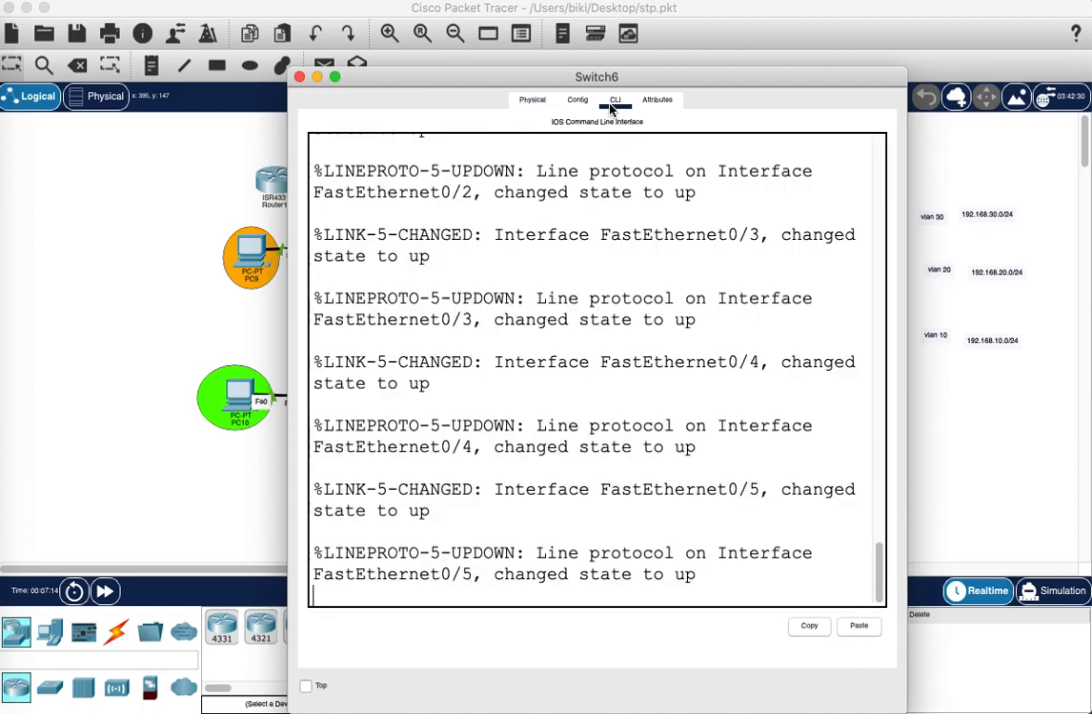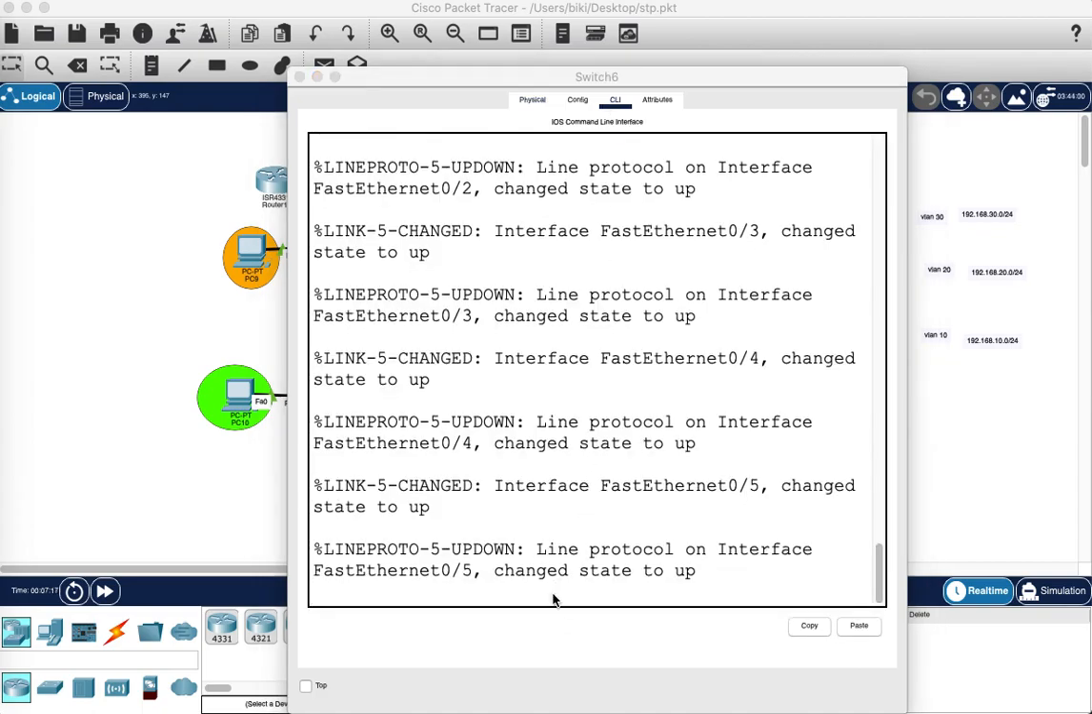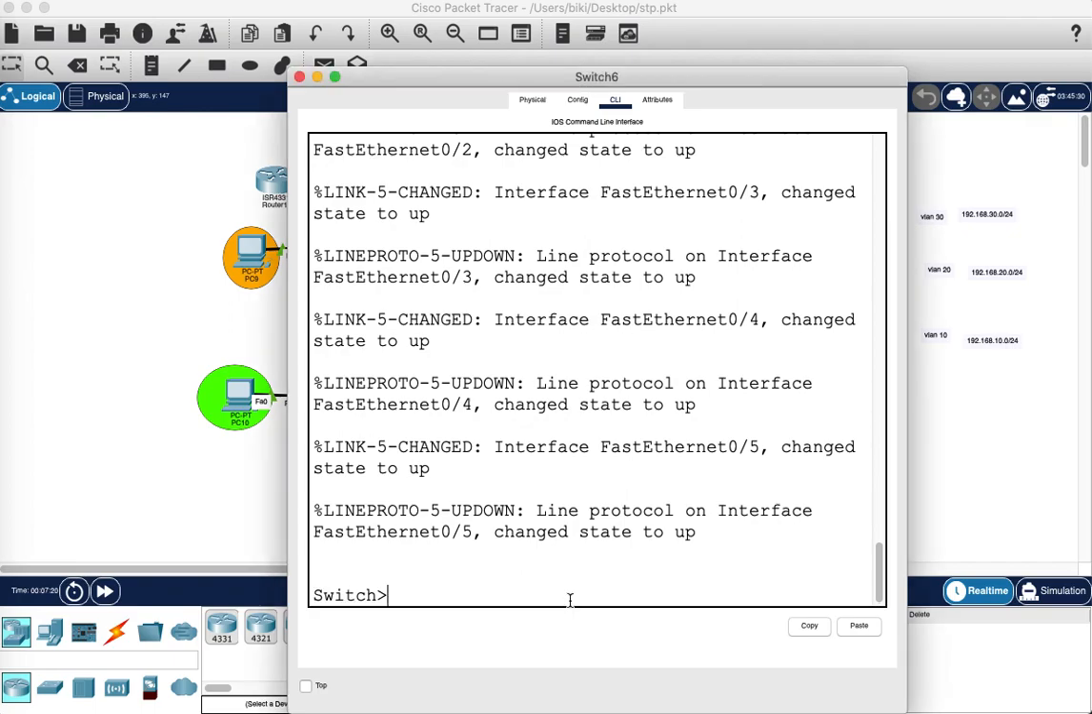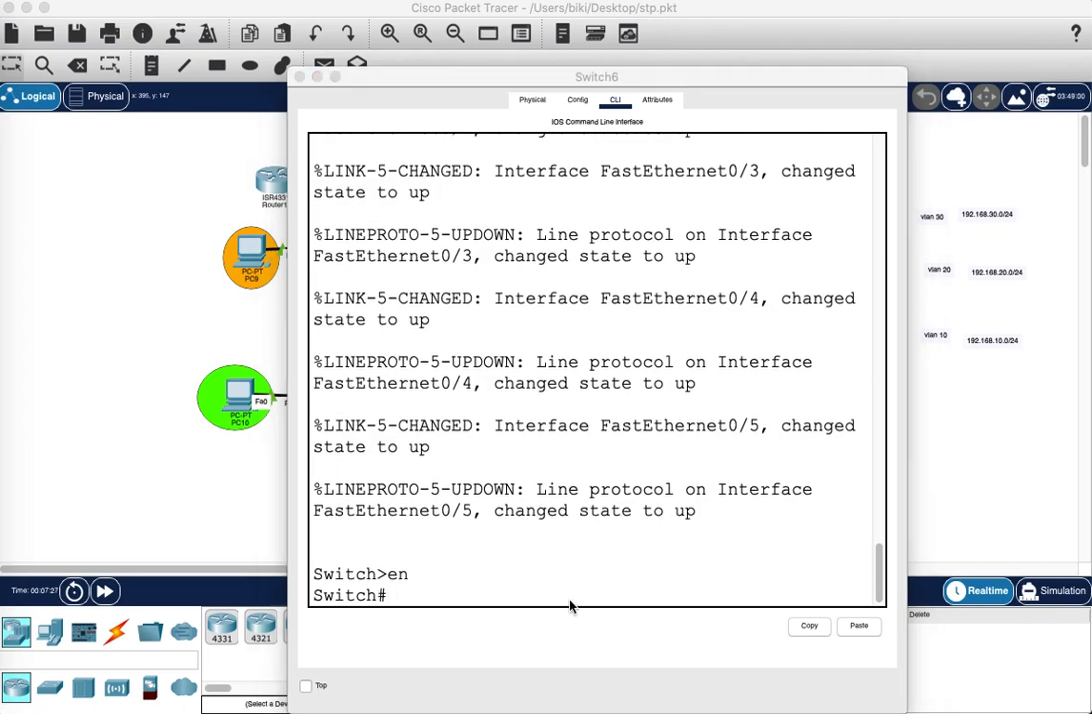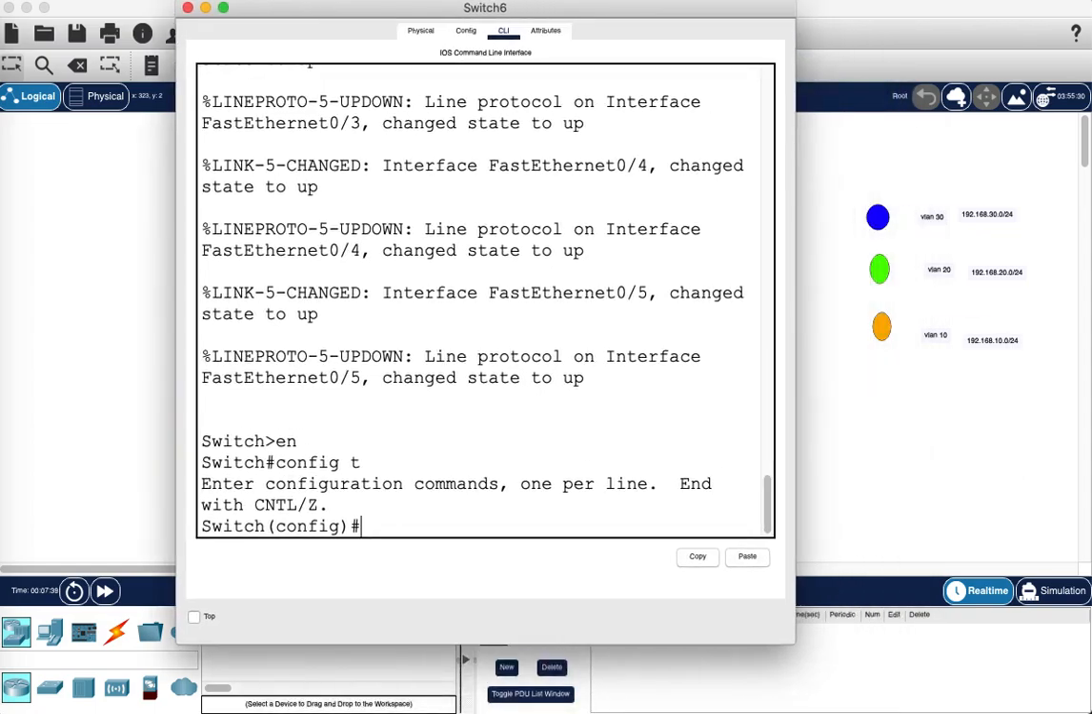In the switch command line interface, okay, so here I will write enable, config t. Next is, next is